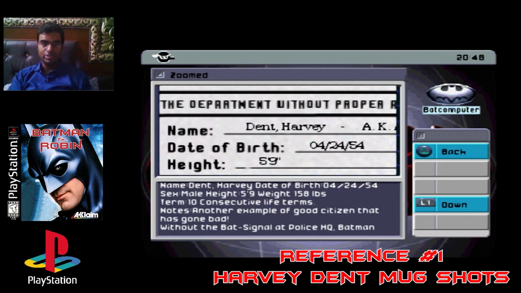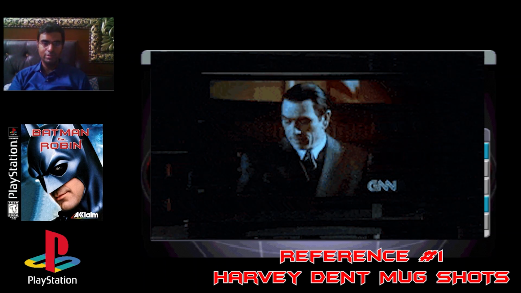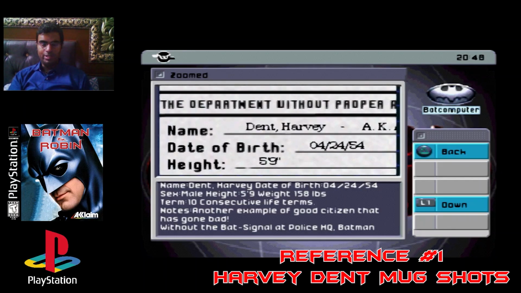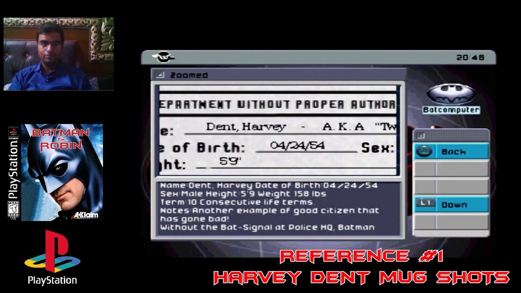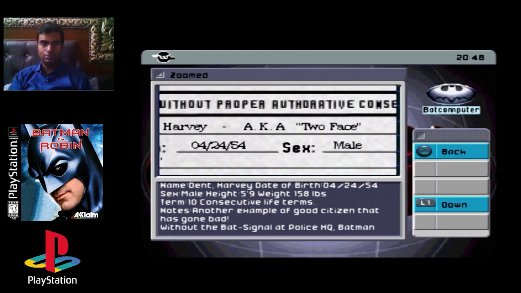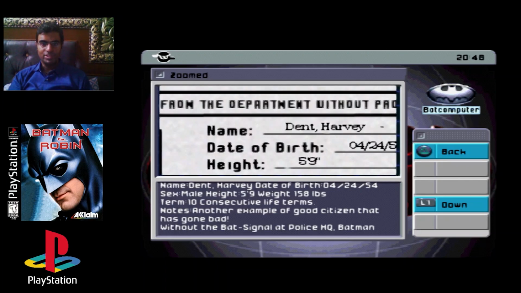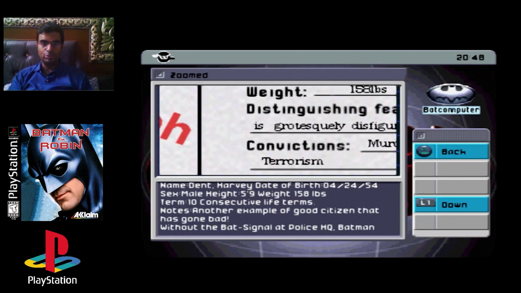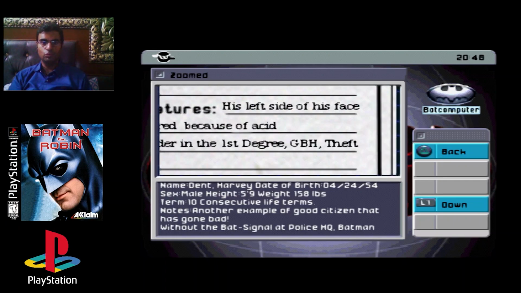Harvey Dent appears in the Batman Forever movie as a villain, and here are some particulars of this villain, like date of birth, which is 24/4/54, sex is male, height 5'9",